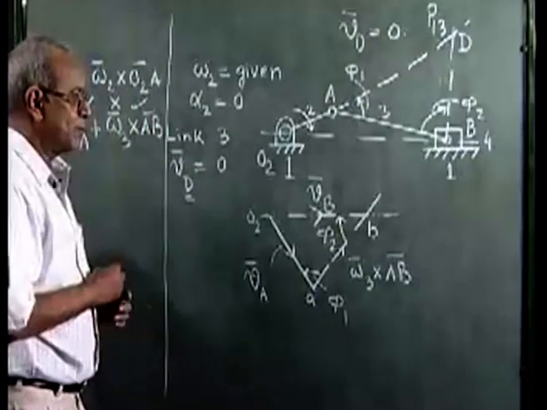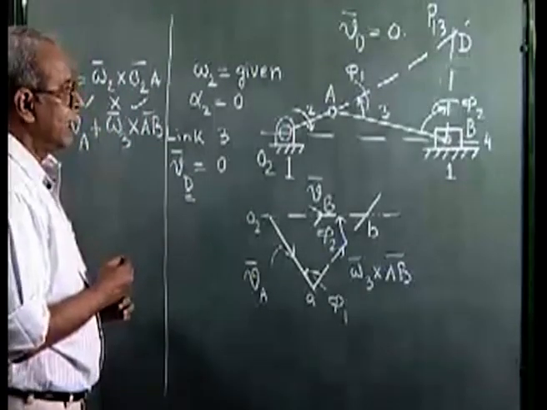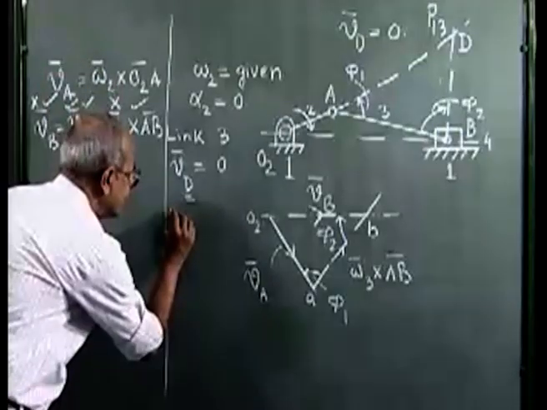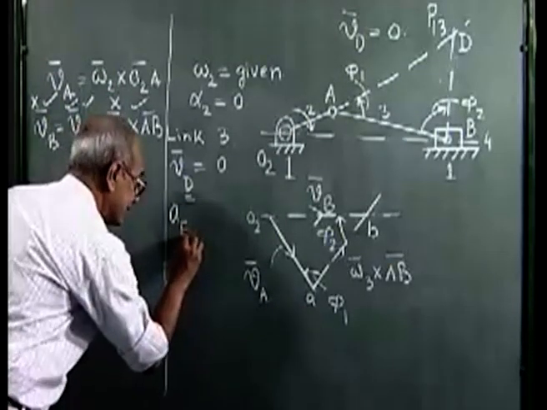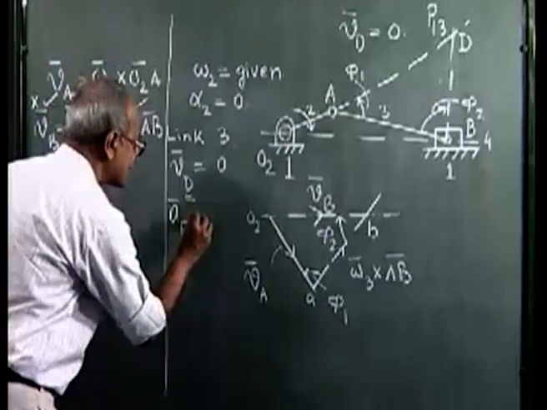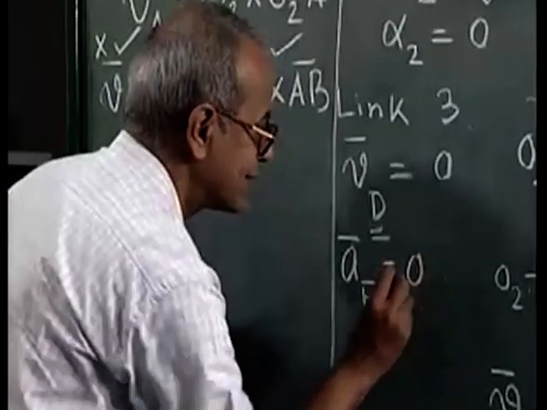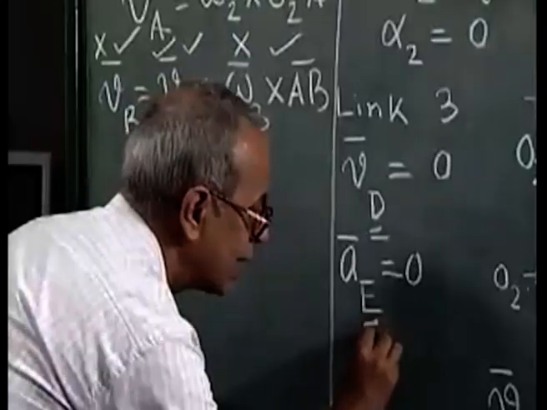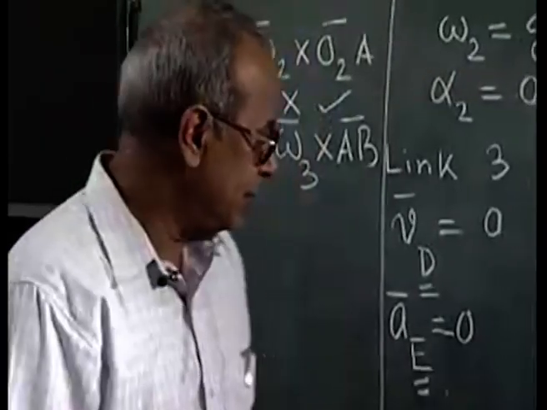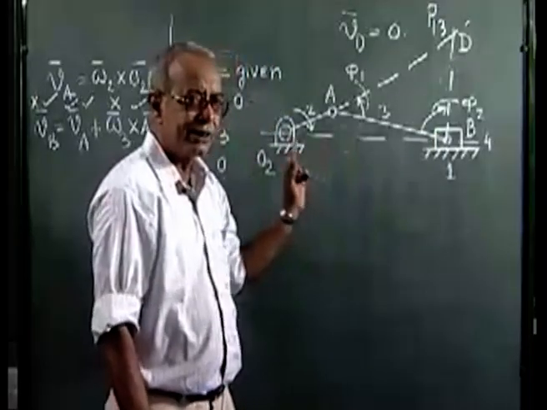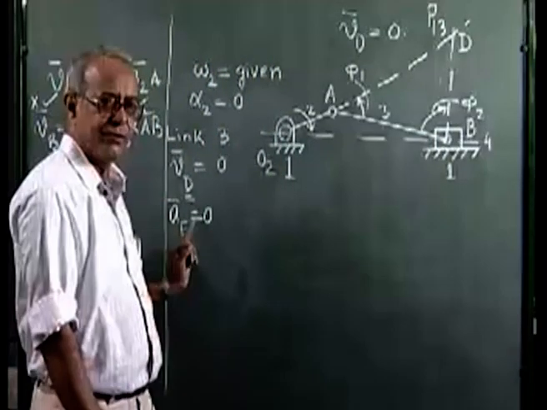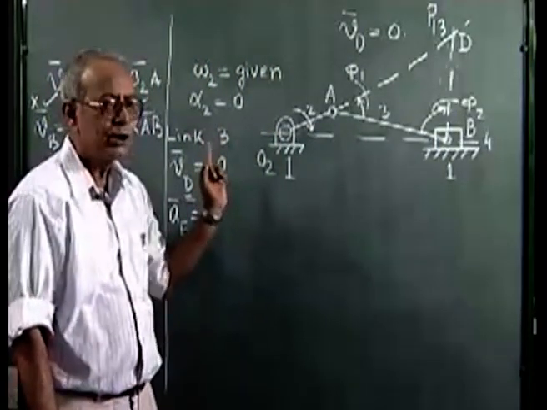The next problem is to determine the point, say E, such that E belonging to link 3 whose acceleration is 0 at this instant. We have to determine the point E. To determine the point E on link 3 which has 0 acceleration at this configuration, let me first carry out